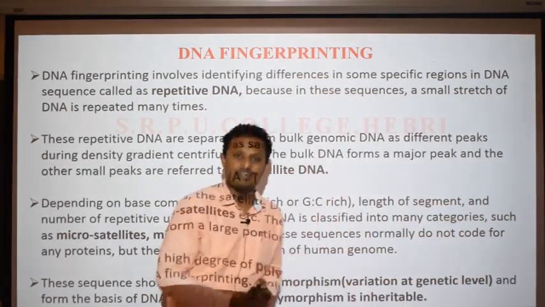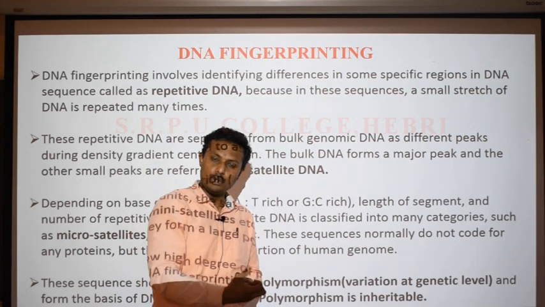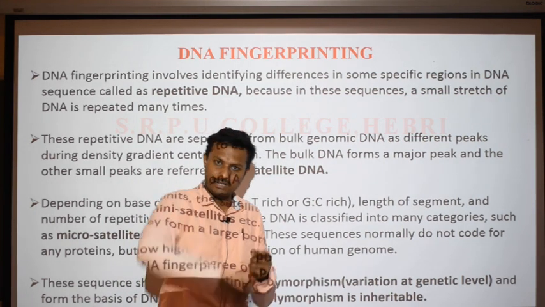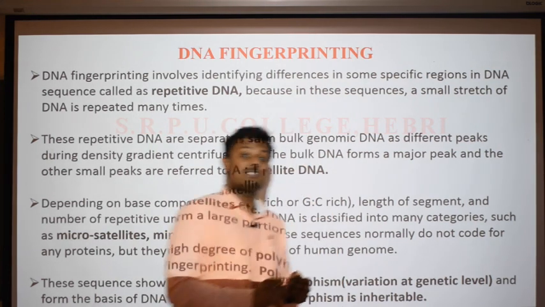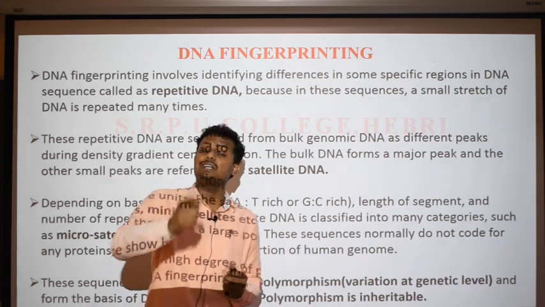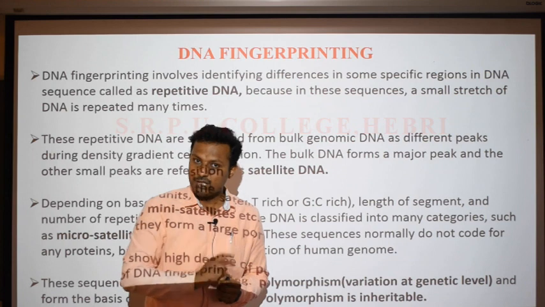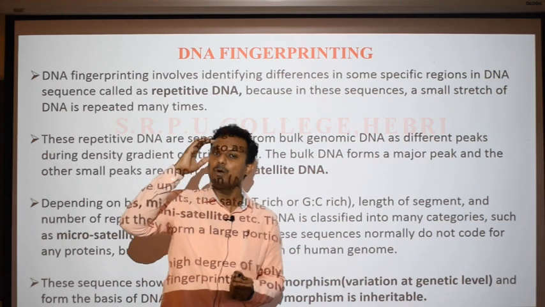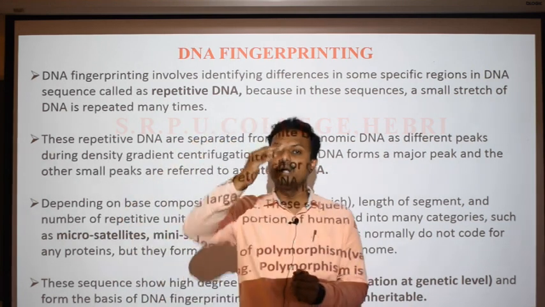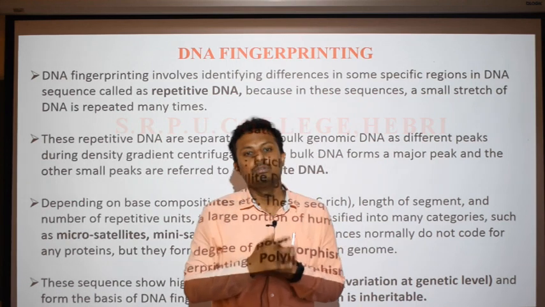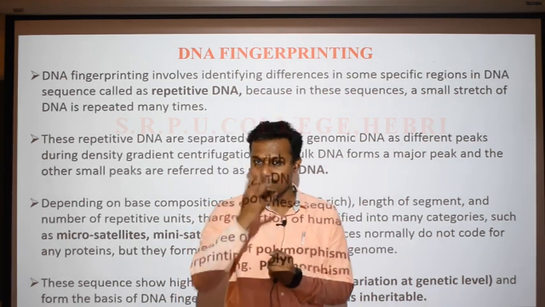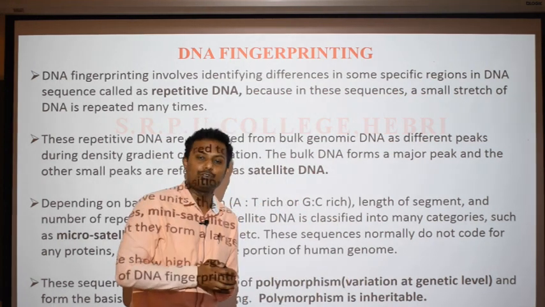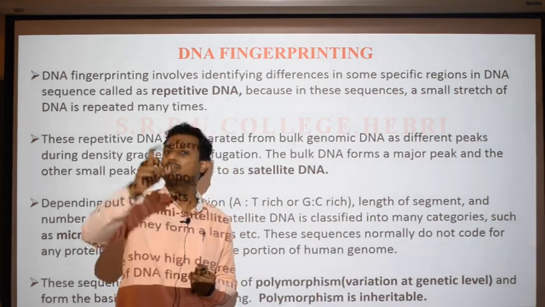How can we separate it? The genome of an entire individual is taken, mixed, and made into a solution, and it will be subjected to the gradient centrifugation technique. Do you remember this one? While learning about one of the experimental proofs for replication, that is the Meselson-Stahl experiment, we have learnt about the gradient centrifugation technique using the cesium chloride solution.